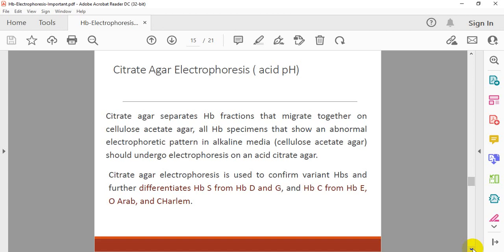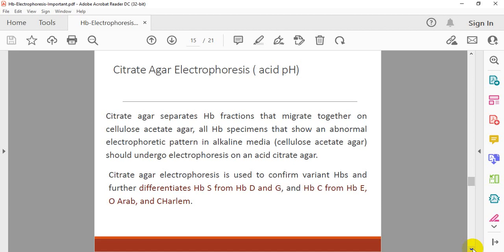You now use the citrate agar to separate the components you separated with cellulose acetate. So all hemoglobin specimens that show an abnormal electrophoretic pattern in alkaline media, cellulose acetate agar, should undergo electrophoresis on an acid citrate agar for verification. Citrate agar electrophoresis is used to confirm variant hemoglobins and further differentiate hemoglobin S from hemoglobin D and G, and hemoglobin C from hemoglobin E